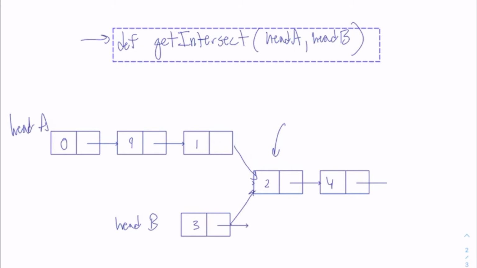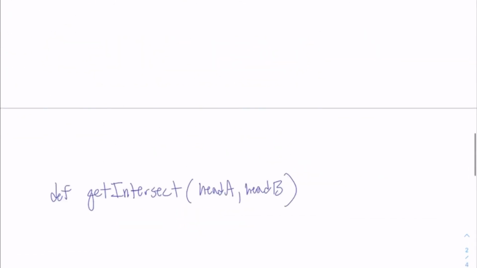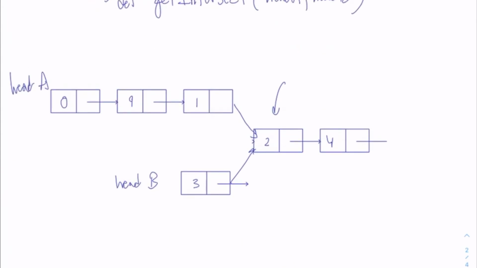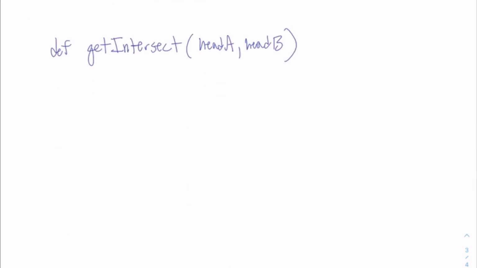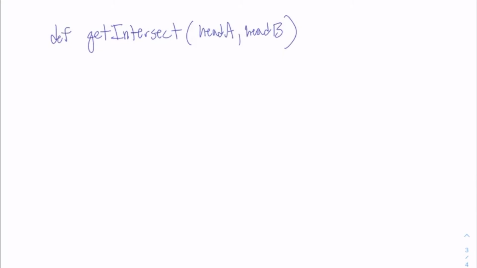So let me copy this, and let's start implementing the function definition. As I mentioned earlier, we need some way to find the length of A and B, so that this linked list, head B, can be two nodes after the first node of head A, so that we can have it aligned up like so. In order to do this, we have to create a definition that deals with length. So def length,